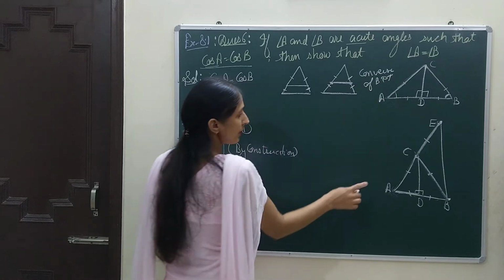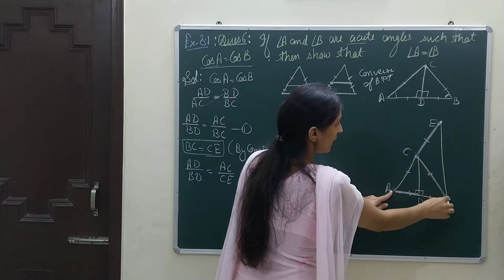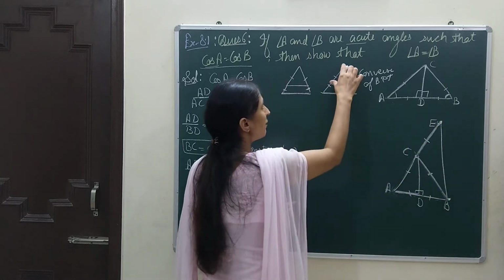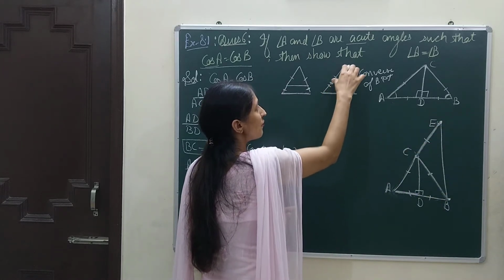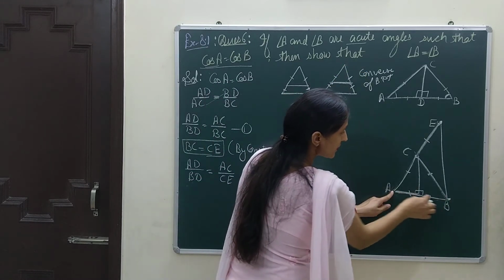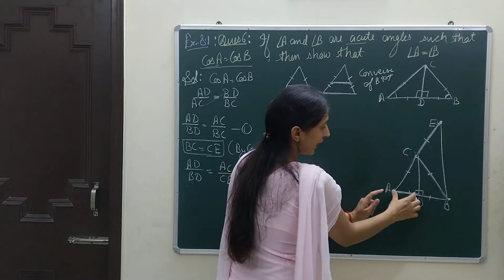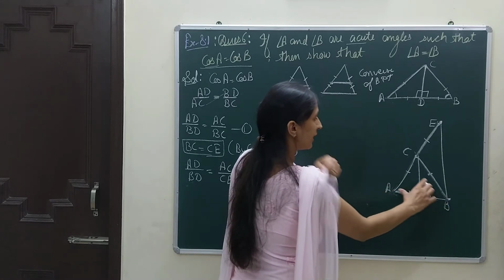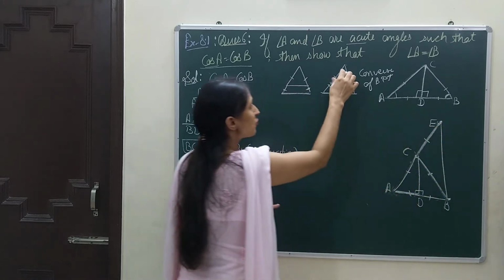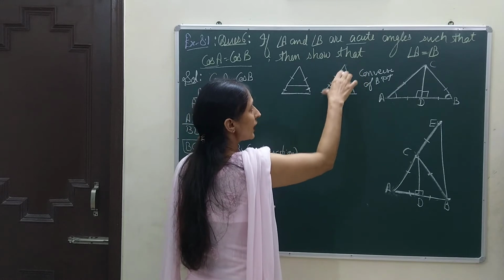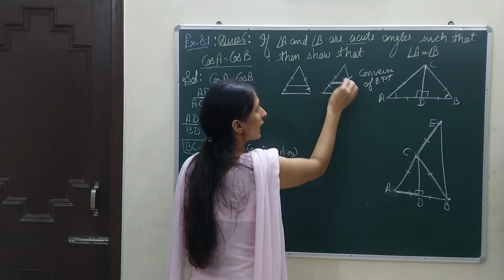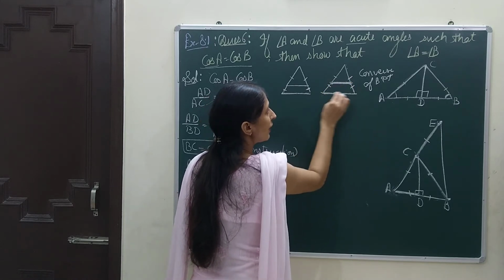Now, if we see in my triangle, which is the bigger one, ABE, this is the bigger triangle. If I see in this triangle, I am dealing with two parts of one side of the triangle and another two parts of another side. See here, this is one side of the triangle, and these are two parts of that side, and here also this is another side and two parts are here. If two sides are divided in the same ratio, then the line dividing those two sides in the same ratio will be parallel to the third side.